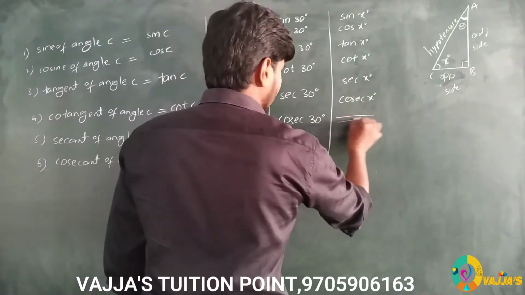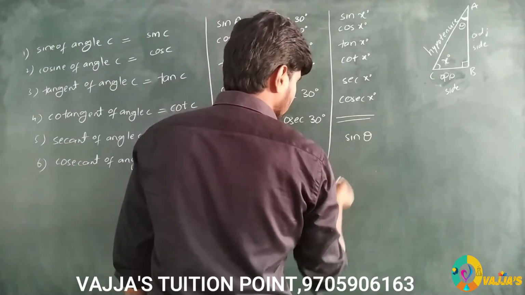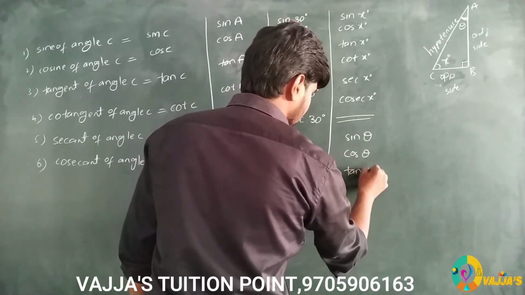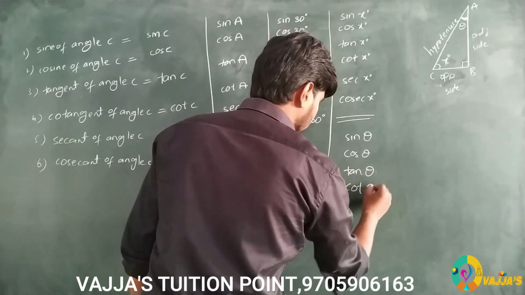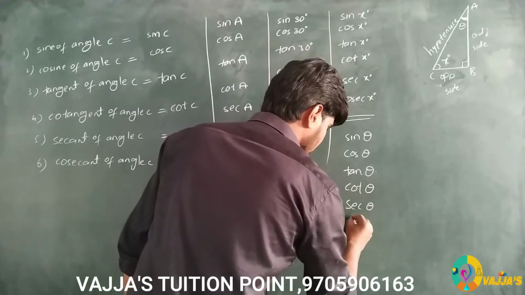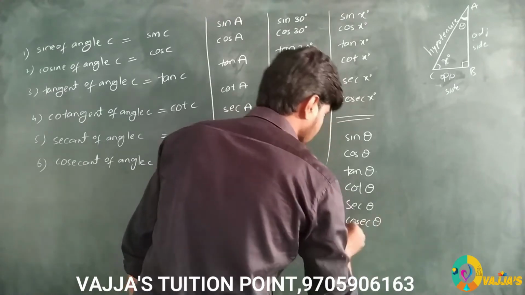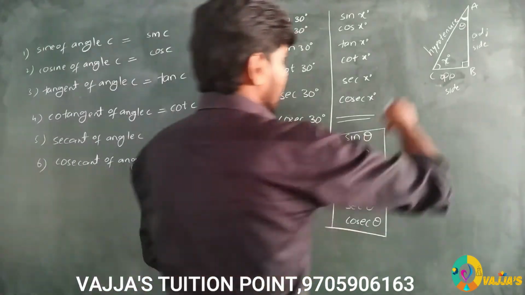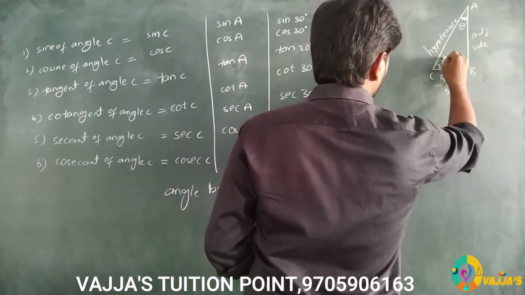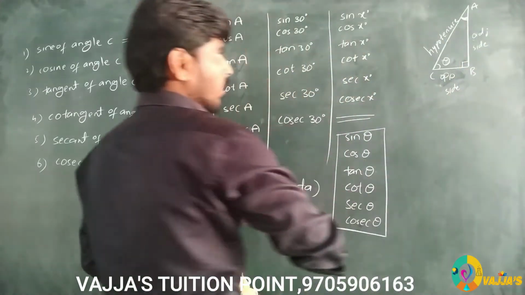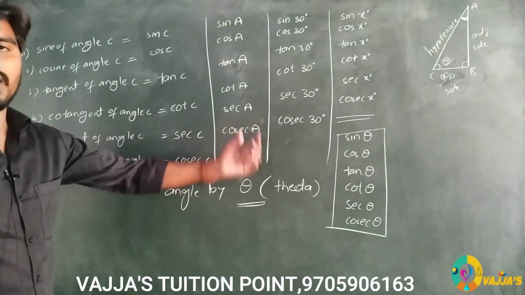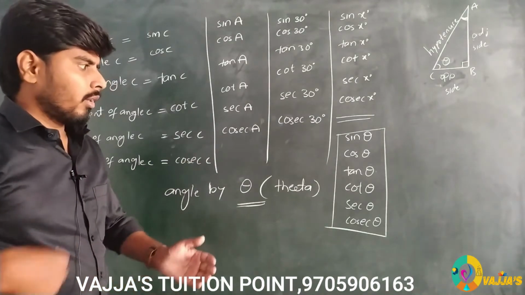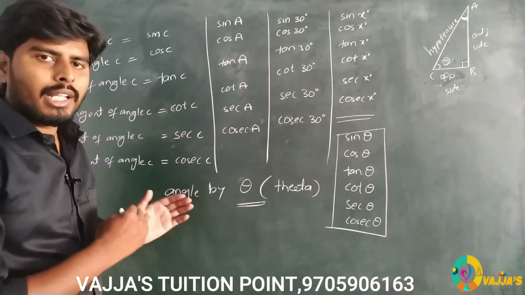So my trigonometric ratios are like this: sin theta, cos theta, tan theta, cot theta, secant theta, cosec theta. Okay. So this theta we can take here also or here also, no problem, whatever it may be. We can replace the values instead of theta here. Right. Now we should generalize the trigonometric ratios.